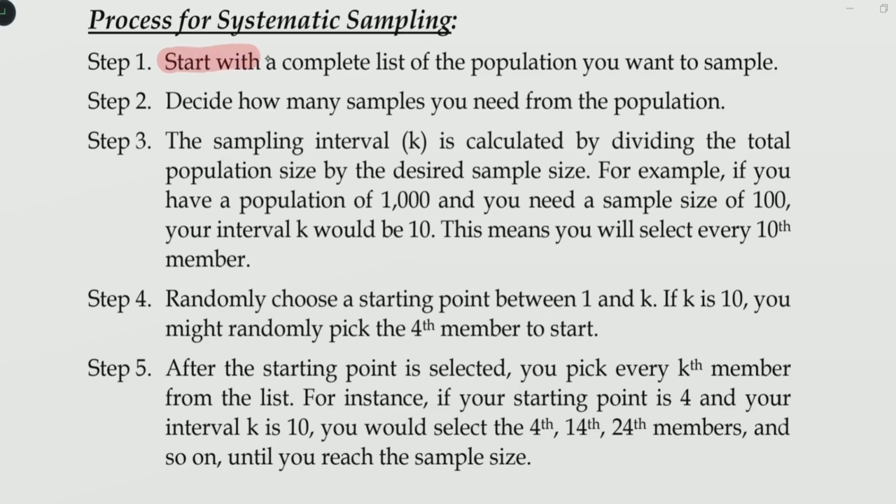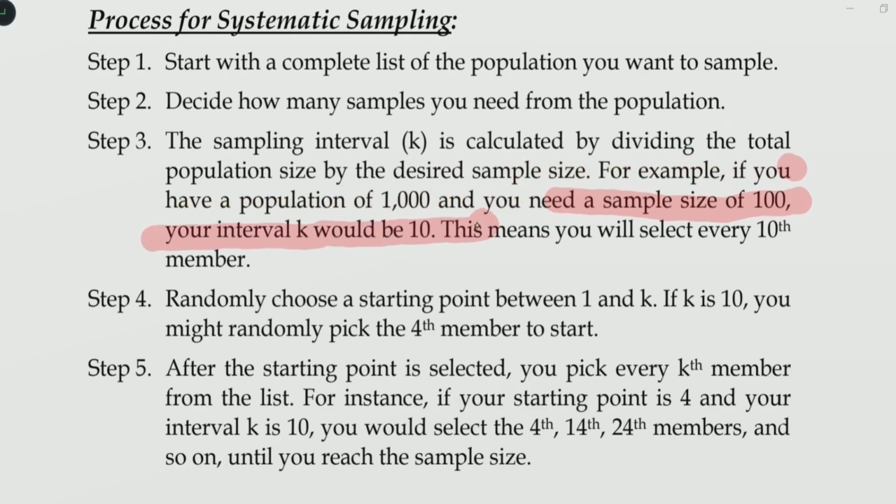Step 1. Start with the complete list of population you want to sample. Step 2. Decide how many samples you need from the population. Step 3. The sampling interval k is calculated by dividing the total population size by the desired sample size. For example, if you have a population of 1000 and you need a sample size of 100, your interval k